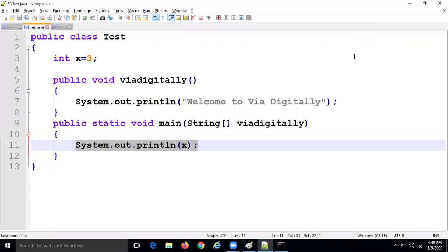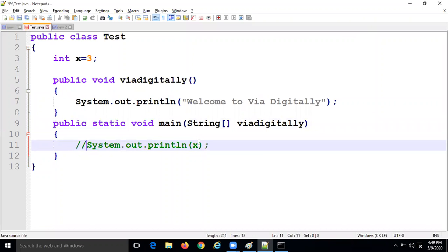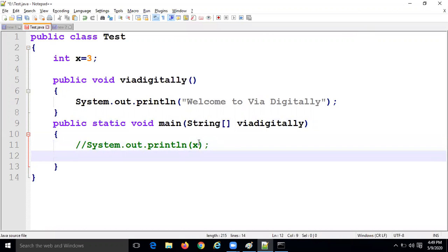X is the instance variable, but you are trying to access it in the static area. The main method is static. That's why we can't access an instance variable in the static area.